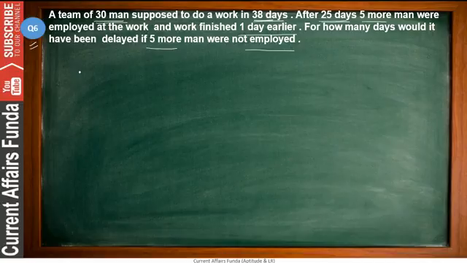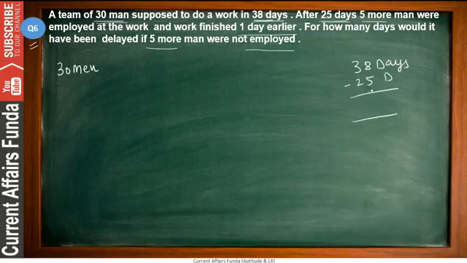First of all, we will read one line and we will write down all the numeric values from here. So in the starting there are basically 30 men, and they are completing the work in 38 days. Okay, so days it will be 38 days. And friends, after 25 days, that means 25 days have passed, so the remaining days will be 13 days. Okay, 5 more men were employed, that means there were 30 men, so with 5 more it will be